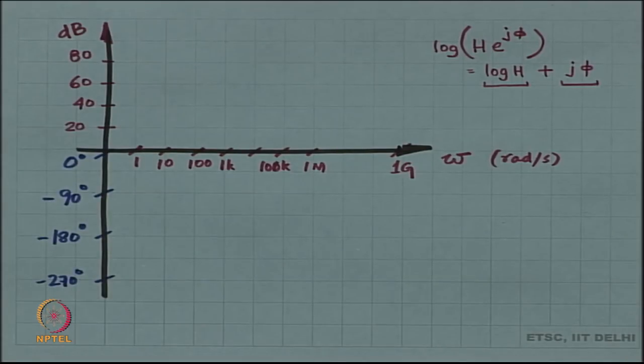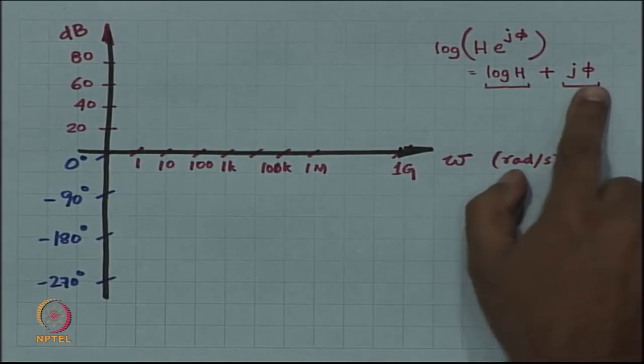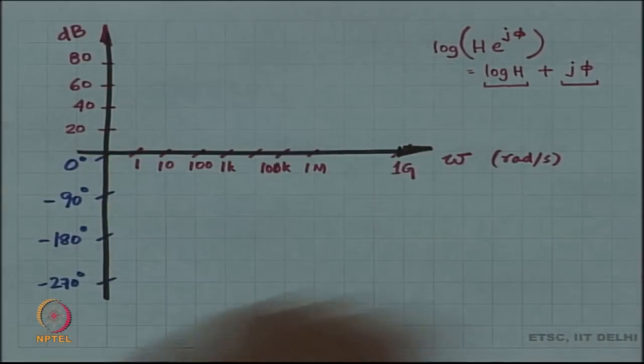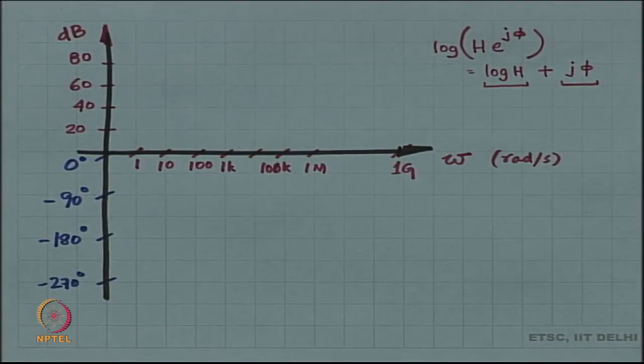Now, this is the setup for the Bode plot, and this log of h plus j phi has to be plotted in this, right. Now, it so happens that it is very easy to plot. I will not show the mathematics right now, but all I am going to tell you is that you locate the pole,